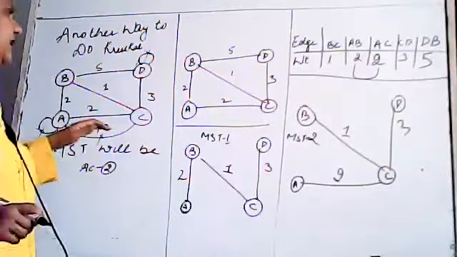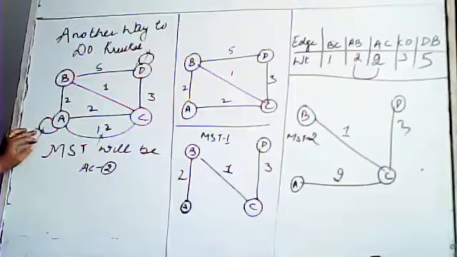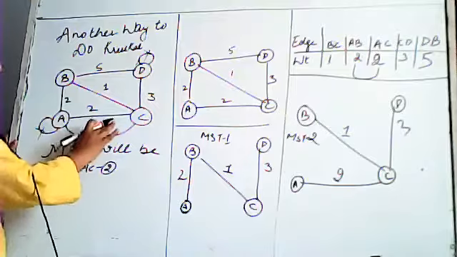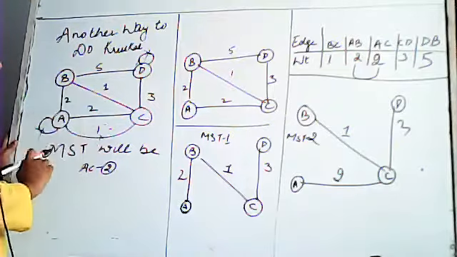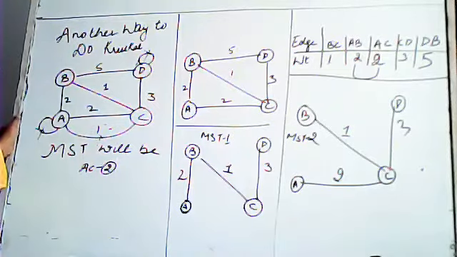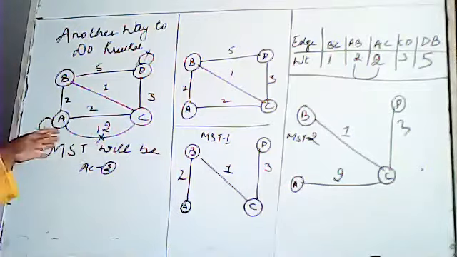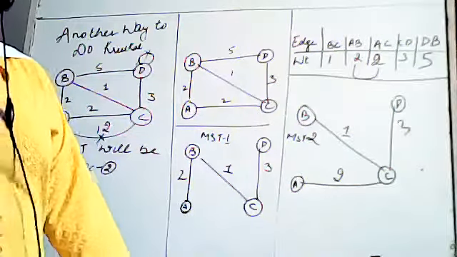I can again repeat, this is the graph which is given to you. First of all, you have to remove the loops. Secondly, you have to remove the parallel edges. Supposing one edge's weight is 1 and the other's weight is 2, which edge will we keep? We'll keep the edge between A and C with weight 1, not with weight 2. Fine. Now, since it is 1 and 2, we will be removing the edge with more weight. So we'll be removing the edge with weight 2.